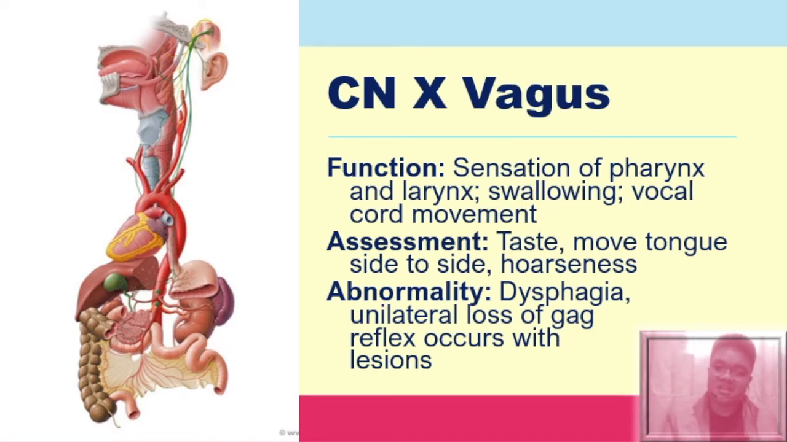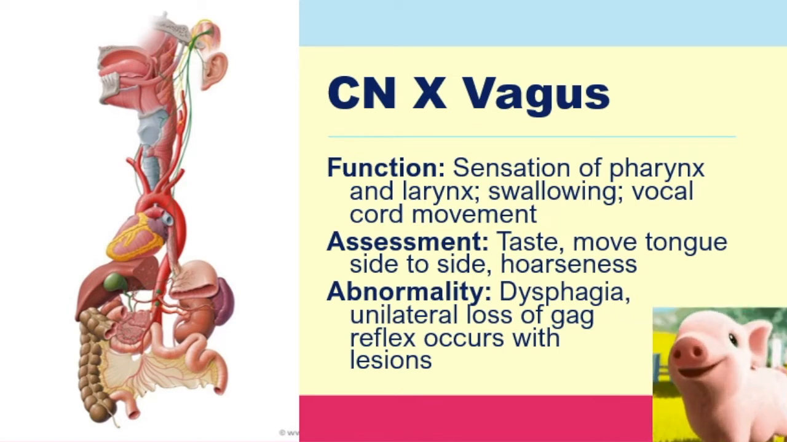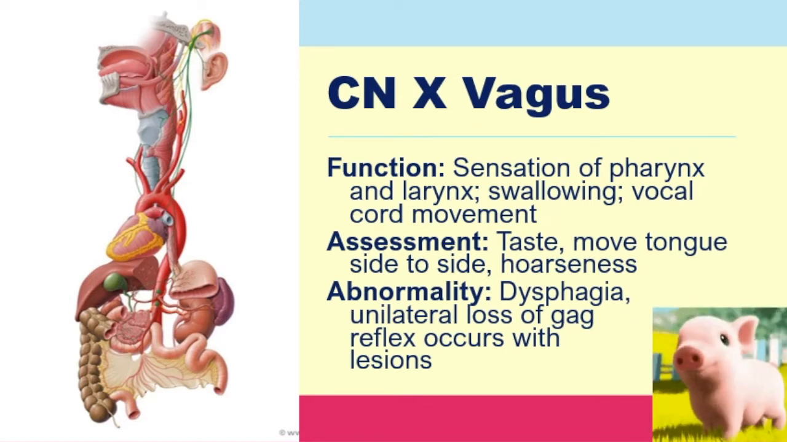Then you have your cranial nerve number 10, your vagus nerve. Class, it's in charge of the sensation of the pharynx, larynx, the swallowing, and even the movement of your vocal cords. Assessment will be using taste and then the movement of the tongue from side to side. And then you also check for the hoarseness of voice because that will be an indication of damage to